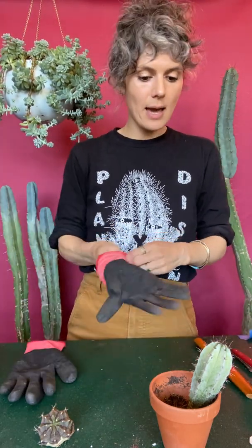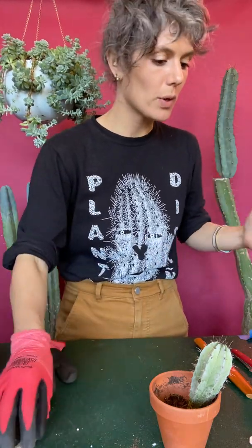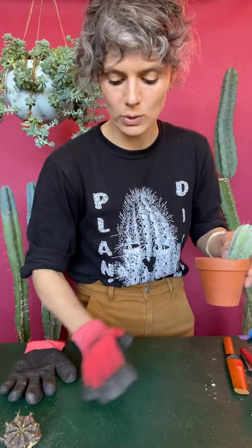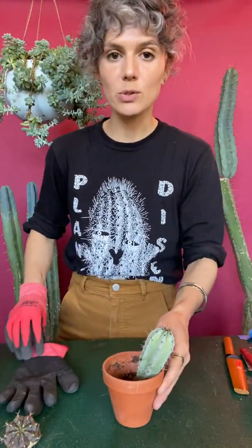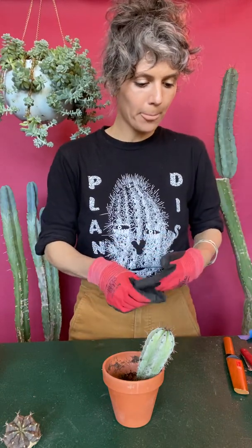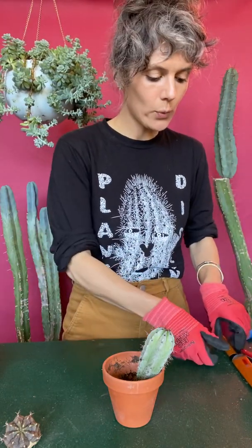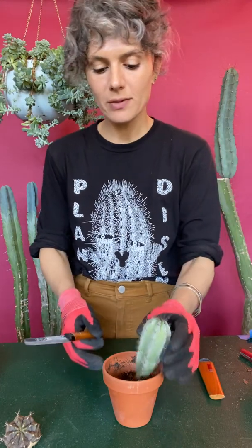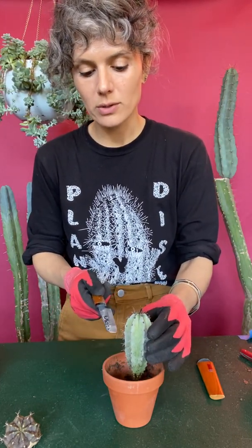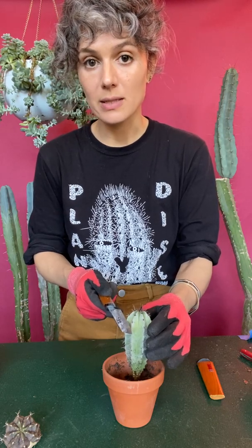Okay, so I am gonna start. Oh, and we also need disinfectant. You need to make sure that your cutting tools and your surface are clean, which mine already are, so I'm not gonna clean on camera. Okay, so to start, I have this unrooted right now because I do want to cut this on the